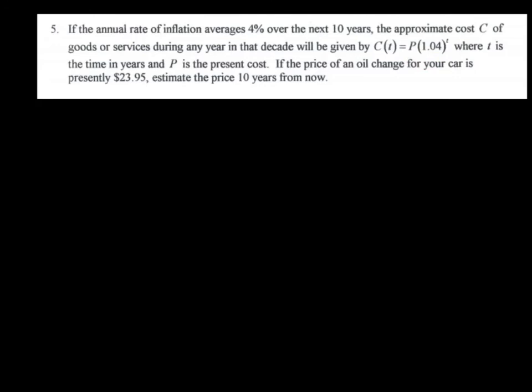So now, if we wanted to find the price of an oil change after 10 years, which was initially $23.95, we find C of 10. The initial cost is $23.95. We've got our 104% raised to the 10th power. And this comes out to be